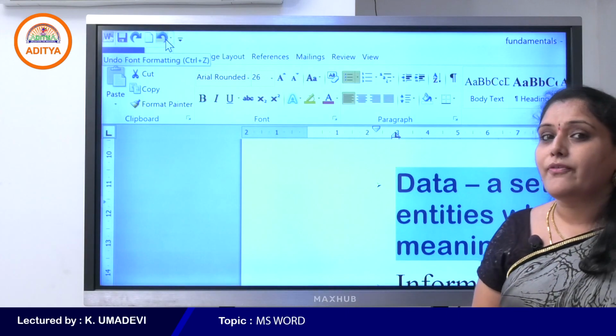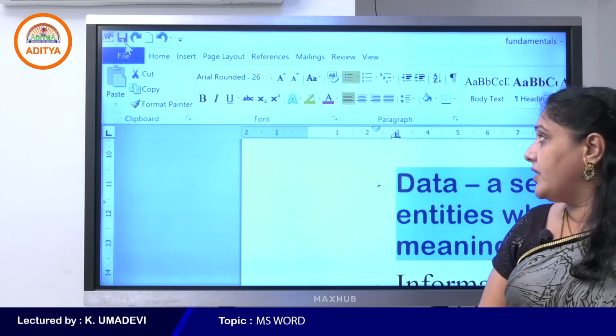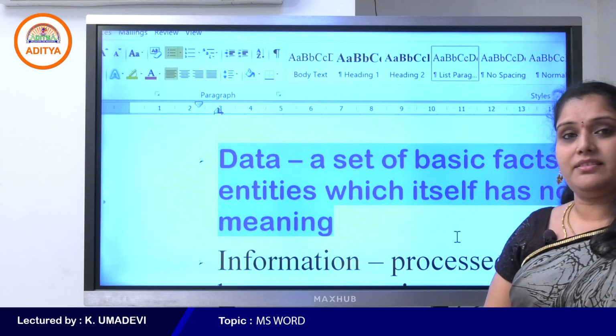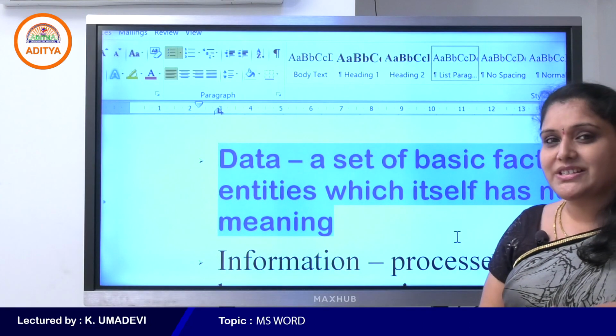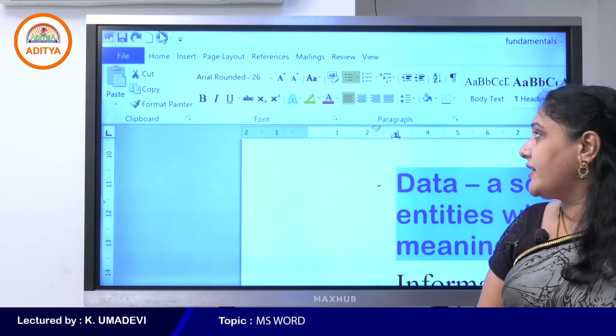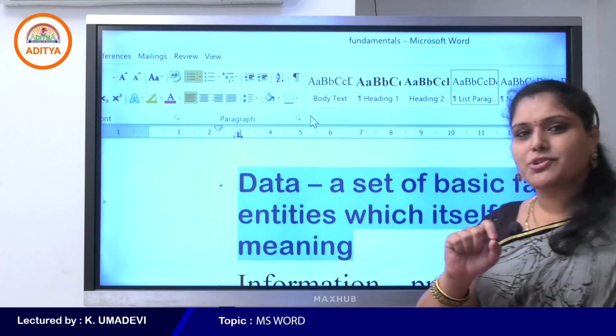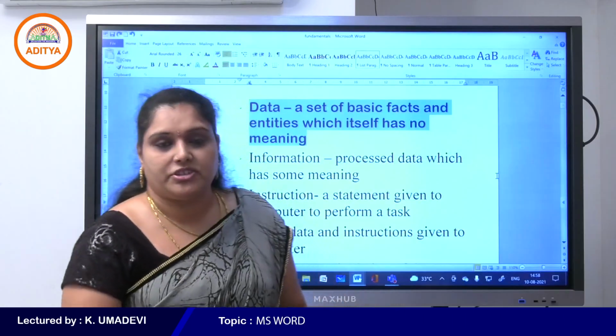What is the use of undo and redo? When we click on redo, what happened here? Again, it comes back with the same formatting. If I click on undo, so now what is the use of undo and redo? So thank you everyone.